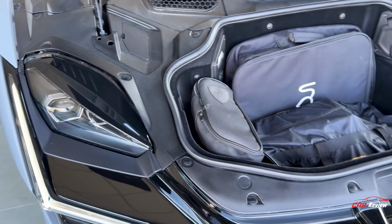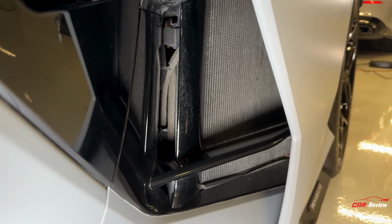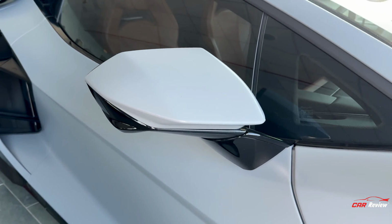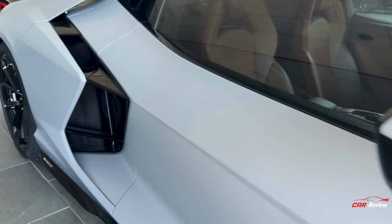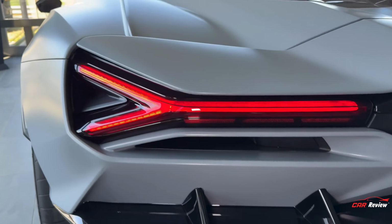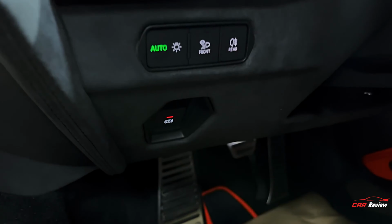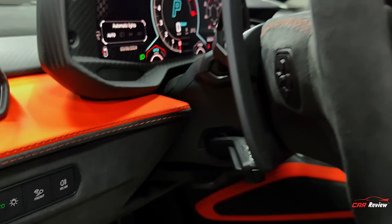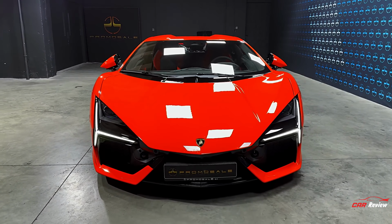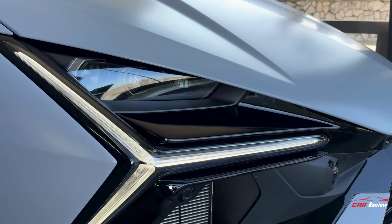At 450,000 pounds, or over $600,000, the Revuelto obviously isn't cheap to buy. And unless you want to do all journeys in tiny 6-mile chunks, it won't be cheap to run either, because without plugging in or waking up some pistons, that's the maximum EV range you can get from the 3.8 kilowatt-hour battery. That battery sits in the middle of the car, powering two 110 kilowatt axial flux motors in the angular snout in EV mode. There's a third radial flux e-motor behind the driver, where you also find the traditional 6.5-liter